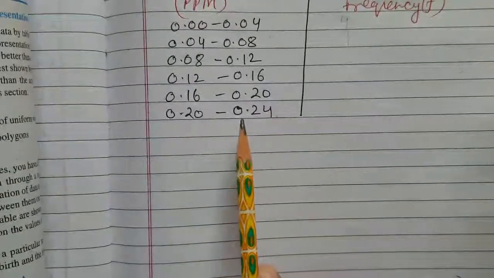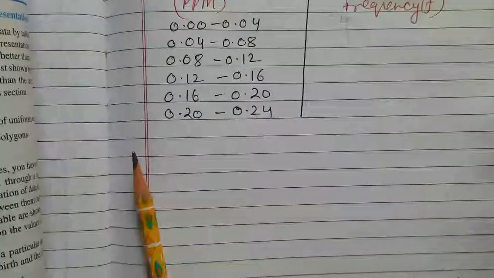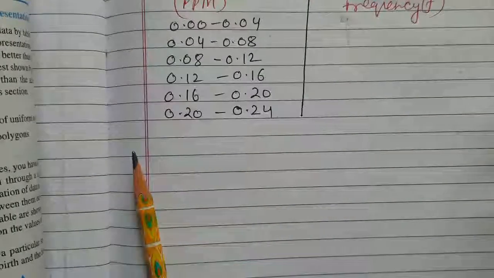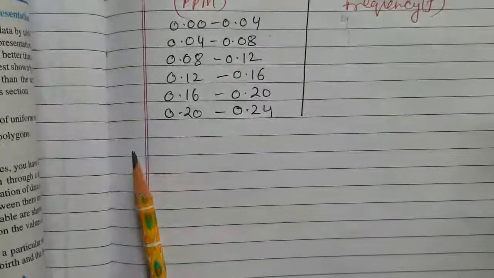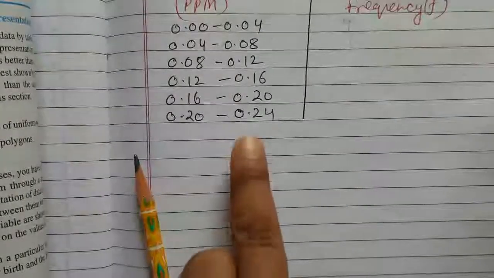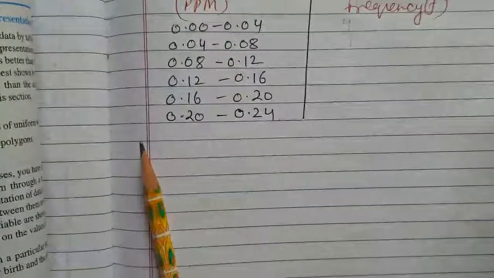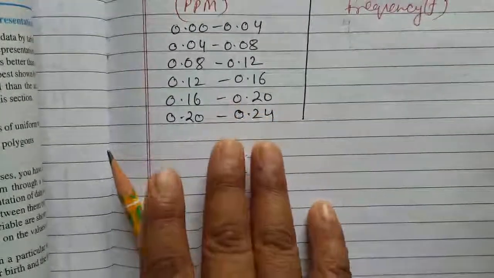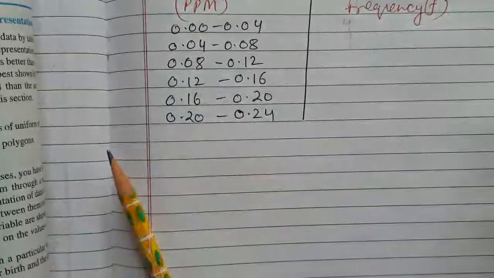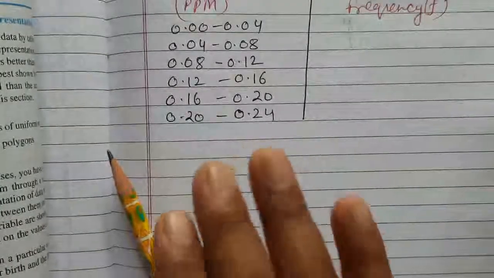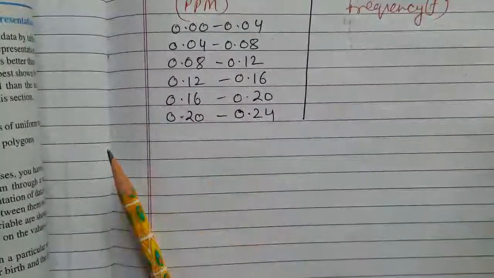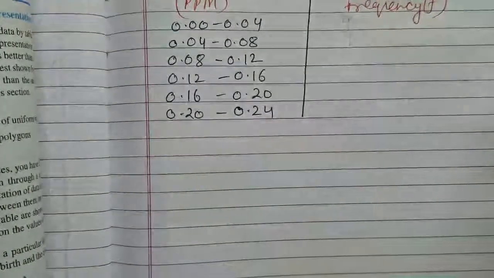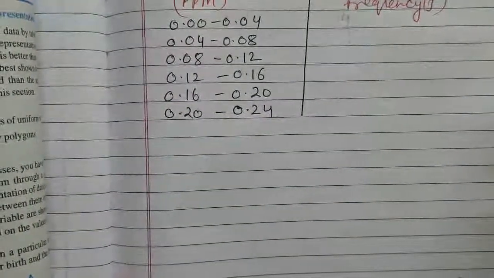Why have we taken 0.20 to 0.24? As we know, the last observation is 0.22. We cannot stop at 0.22 because the given grouped distribution is in exclusive form. So when we are counting the frequency, 0.22 will go into the next class interval. Now we will find out how we are going to solve.